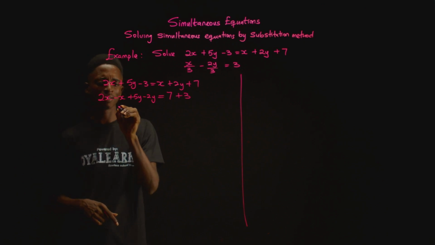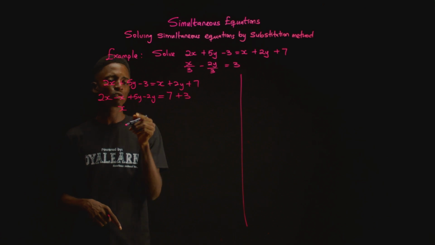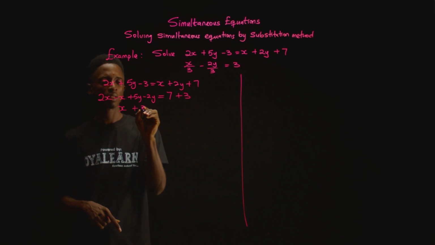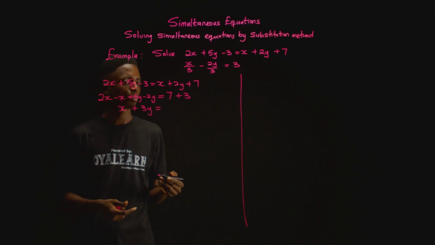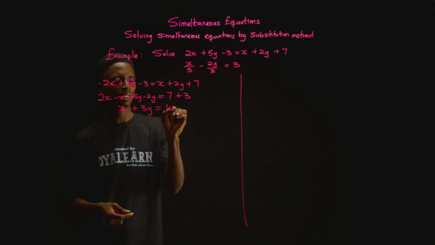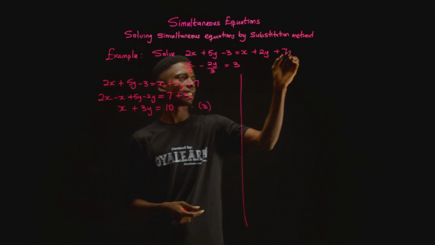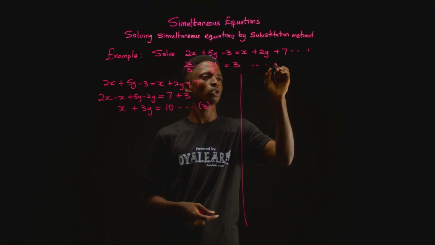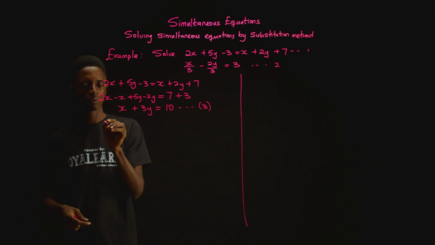2x minus x gives us x. Then 5y minus 2y gives us plus 3y. And this equals 7 plus 3, and that is 10. So let's call this our equation 3, given that this is equation 1 and this is our equation 2. Now for equation 2,